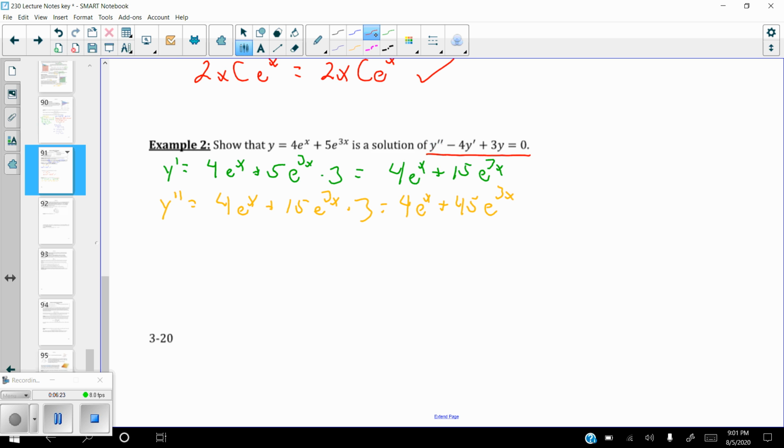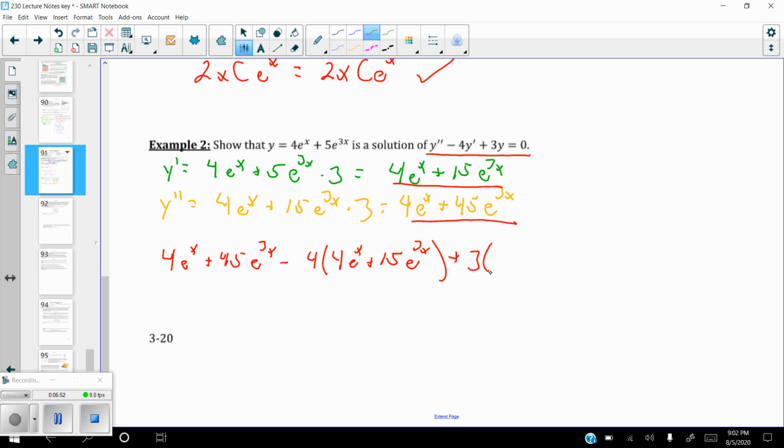So y double prime is this one right here. So that's going to be 4e to the x plus 45e to the 3x, minus 4 times y prime, which is this one, 4e to the x plus 15e to the 3x, plus 3 times y, this was y right there, 4e to the x plus 5e to the 3x, equals 0. So now let's go ahead and distribute and simplify, and hopefully all this stuff on the left side